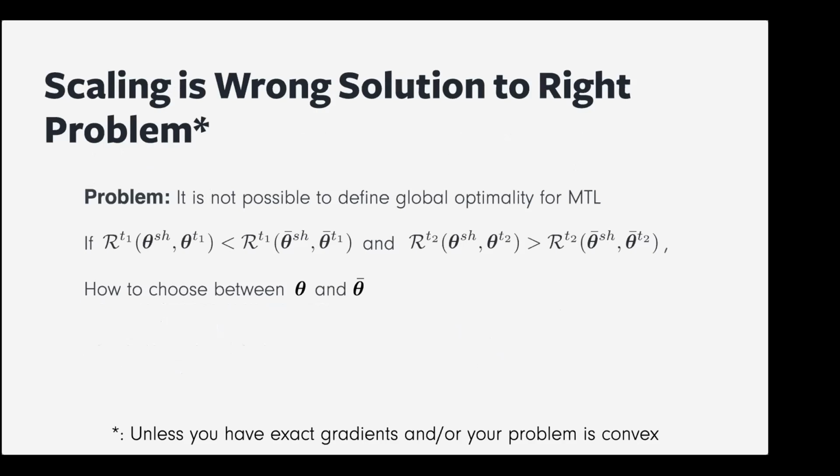It's the right problem because we cannot apply optimization to a bunch of different objectives simultaneously, because there is no sense of optimality between them. Let's say I have two solutions, two neural networks, theta and theta bar. Let's say one is better in task T1, the other one is better in task T2. Which one do I need to choose? I don't know which one to choose. So if I scale them linearly or in some way, it gives me a way to choose, but it's the wrong solution because the question of where these weights are coming from, what these weights are, is an unknown problem.